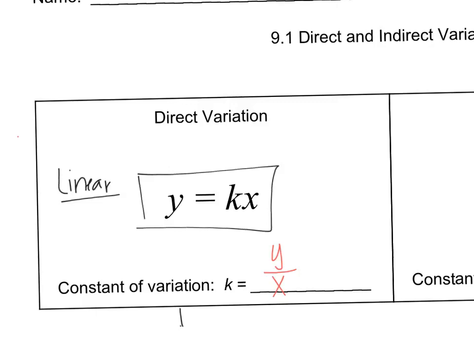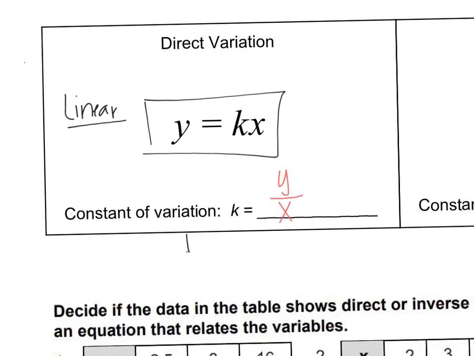And this seems kind of weird. When you're finding your constant of variation for direct variation, you need to divide. But when you write it in your equation, are you dividing here? No, this is all multiplication. So that's the part where things get a little bit confusing because the opposite is going to be true for